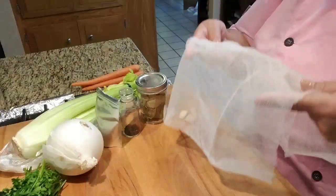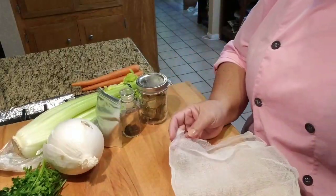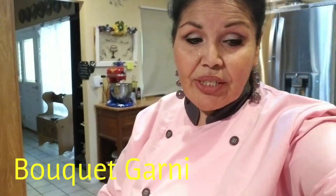So I'm going to go ahead and start. I cut up a whole chicken, and I'm just going to use one chicken. I've got an 8-quart pot, and we're going to start off with that. I'll go along and explain things as I go, okay? The first thing I'm going to do is make a bouquet garni, which is just a